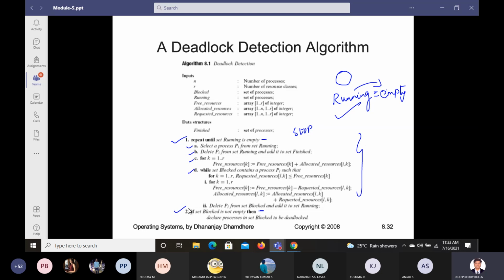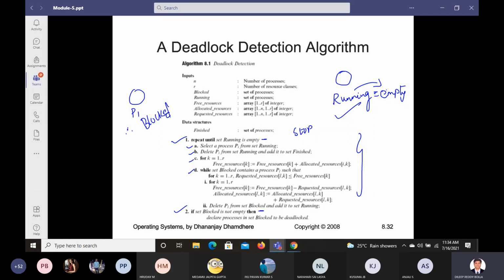What is the second step here? If the set blocked is not empty. So we got some state of process P1, let us say it is blocked. It can be blocked for some time. It will happen. It doesn't mean it's a deadlock, correct?